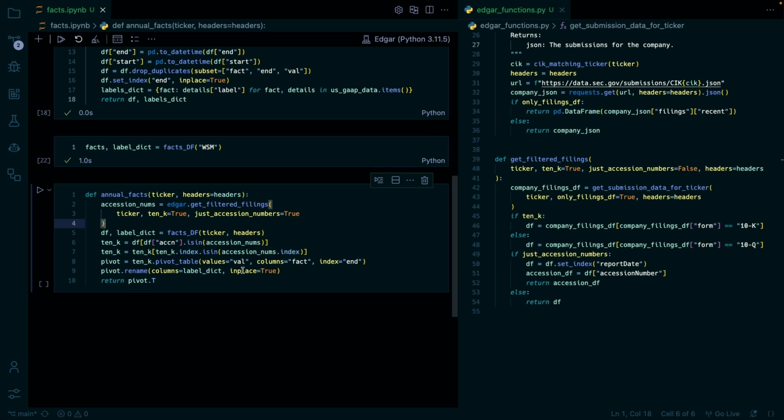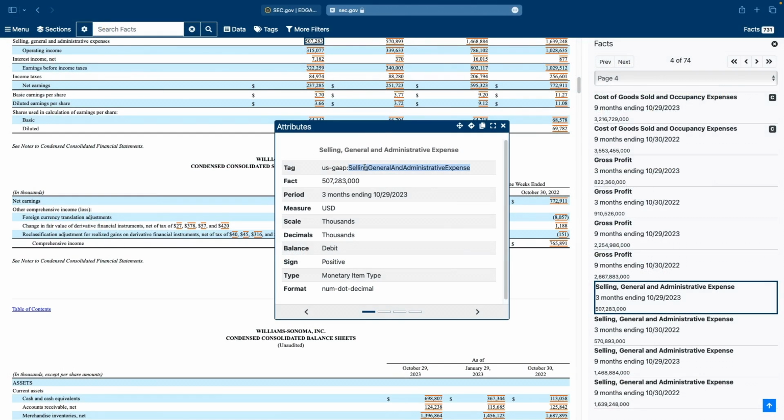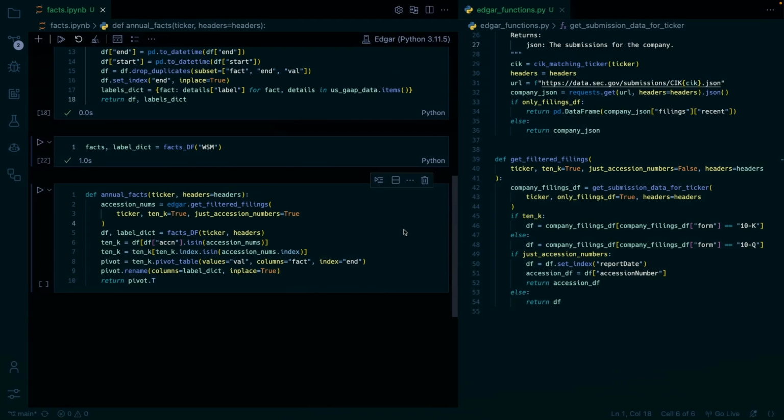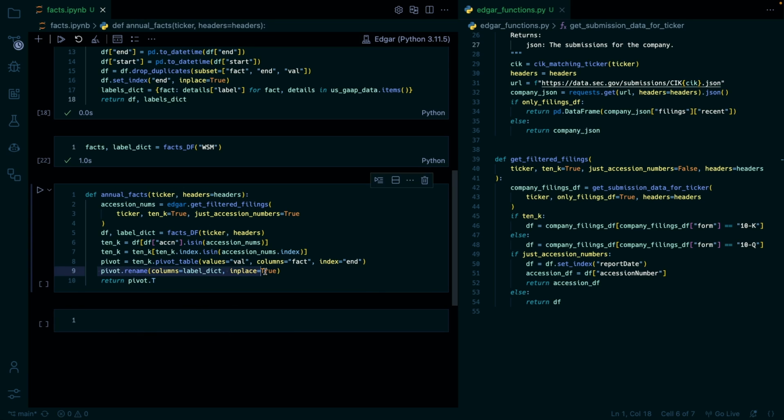And then you can just delete this line if you don't want it renamed, and you just want it as the GAAP name versus the more human readable name. And then it returns that with the index or the columns as the index. It was easier for me just to rename the columns rather than the index. I'm sure it's just as easy, but I did it this way. So if we run that,